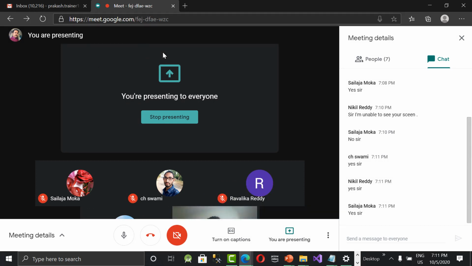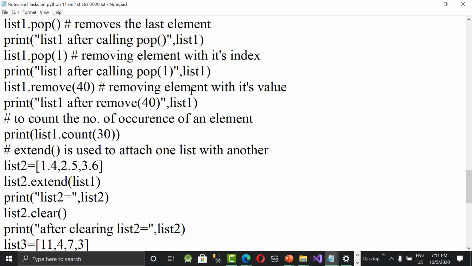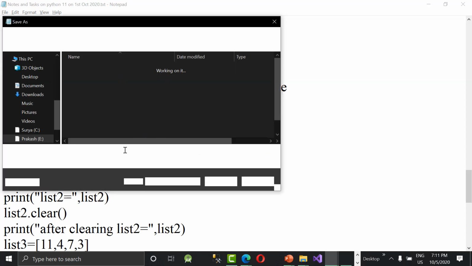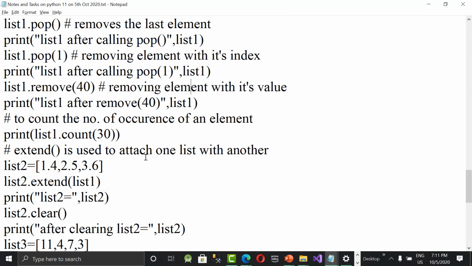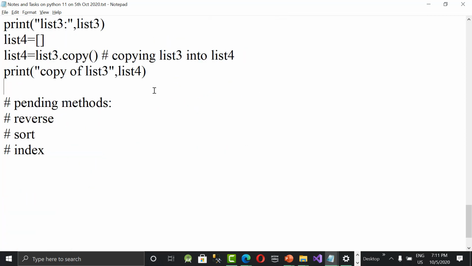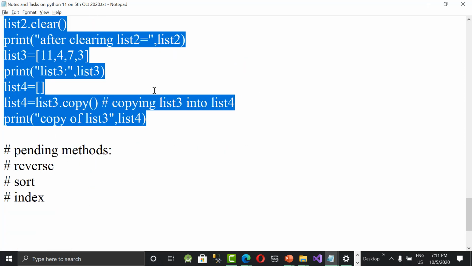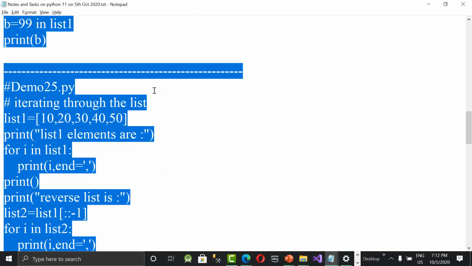Let's save it as 5th October. Now we are continuing these last methods: reverse, sort, and index. We'll see all these things.